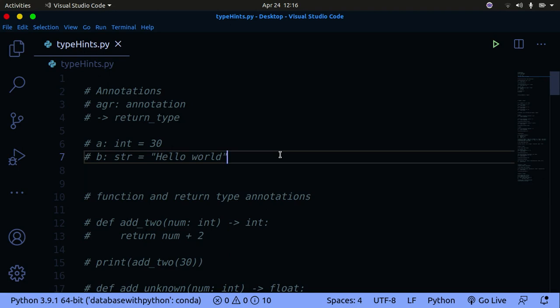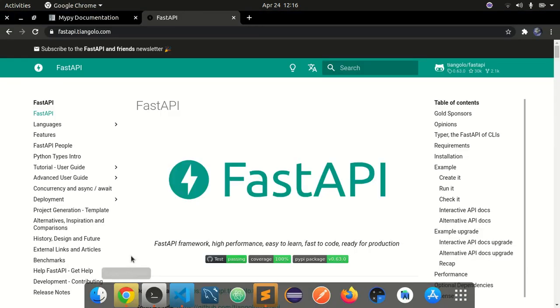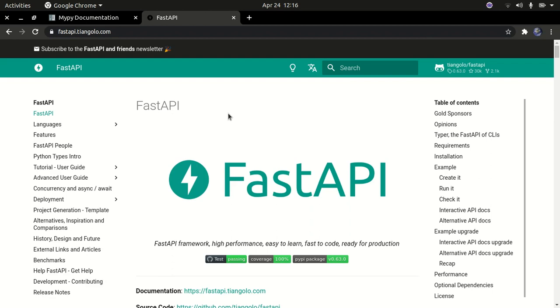So in today's tutorial we're going to go over type hints in Python. If you don't know what type hints are, don't worry, this is what you are going to cover in these tutorials. Type hints are becoming very popular in Python. For example, let me just show you one of the documentations. You can see recently the new big frameworks in Python that are coming out are starting to